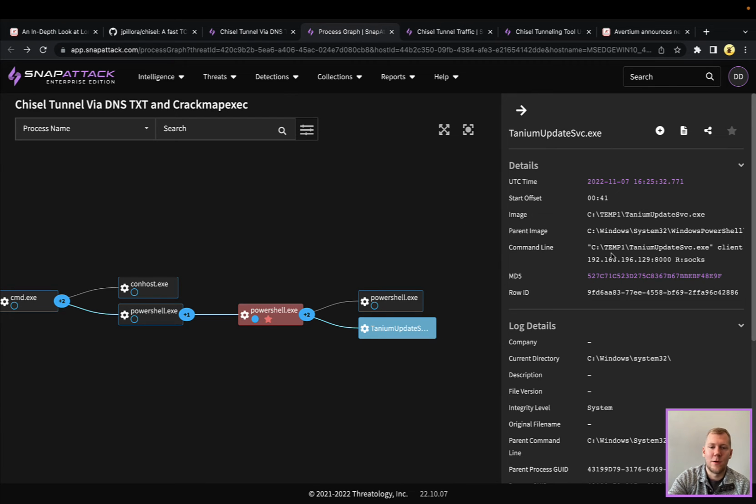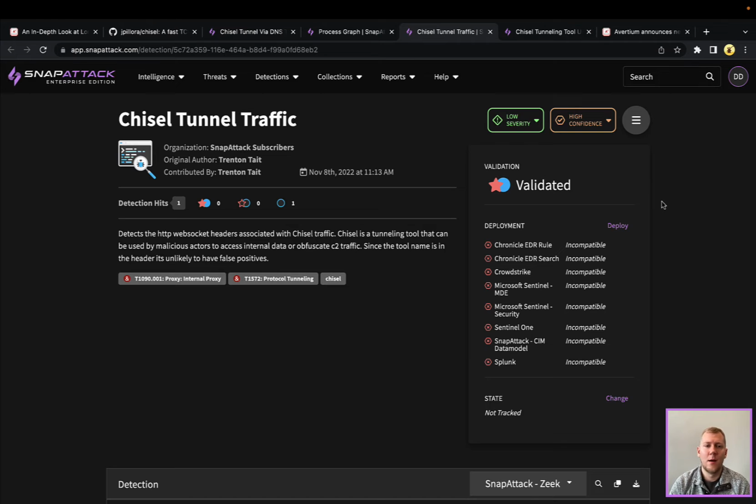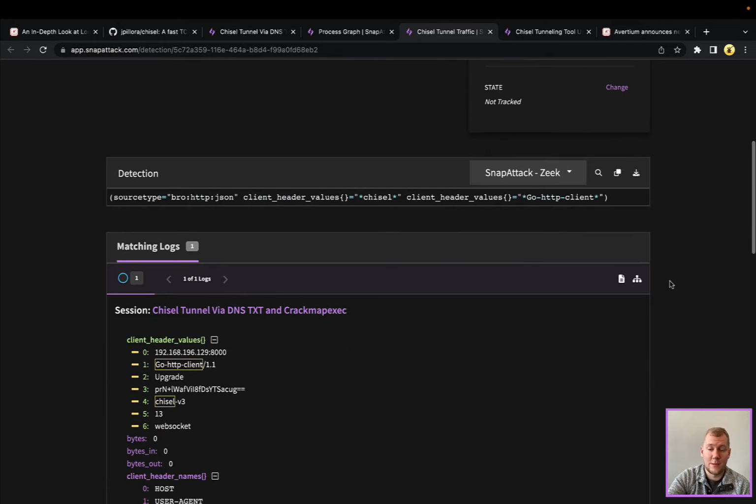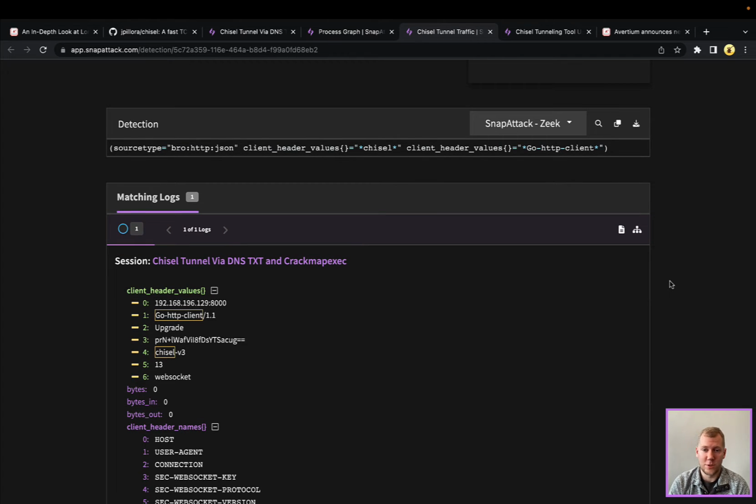So this is one of those ripe areas for detection opportunities. Going through, how would we hunt for this? How would we detect this? A couple of different ways we can do this. If you do have network detection, network telemetry data, so think Bro Zeek data or some sort of NDR. Chisel by default, and I should say a lot of threat actors are going to just go straight to